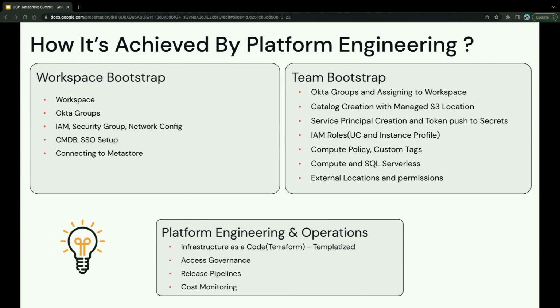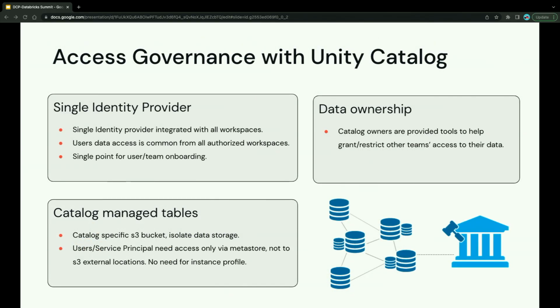So I'll go into 3 of these main points: access governance, how we use release pipelines, and how we use cost monitoring. With respect to access governance, the biggest thing was making sure that we have a single identity provider and not have different points of entry for onboarding the same users, same teams multiple times. And this also covers the authorization of data at a single point. Data ownership: unlike in the legacy space, where we have a different metastore and a different identity provider per workspace,